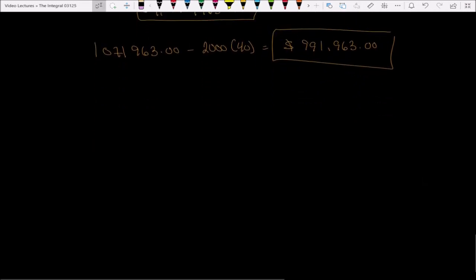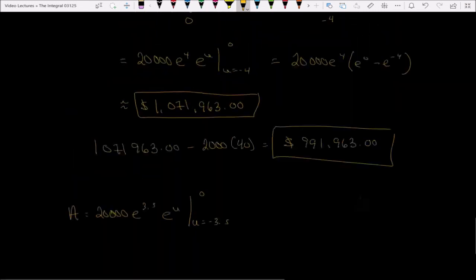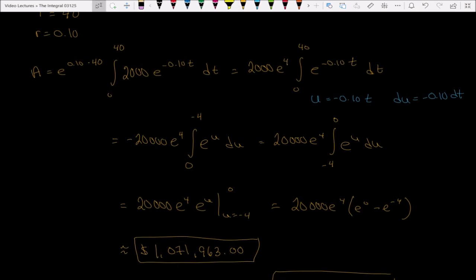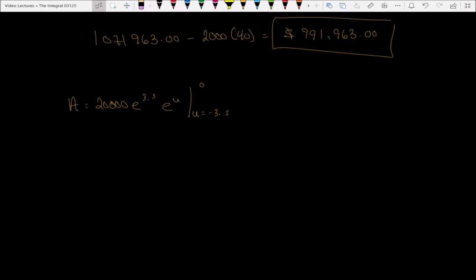If instead we waited 5 years, then we'd only have it for 35 years. So A would be 2,000, would be 20,000 e to the 3.5 times e to the u, evaluated from u equals now negative 3.5 to 0. Right? It's the exact same formula as up here, except we replace 40 with 35. This would be 20,000 e to the 3.5 times e to the 0 minus e to the negative 3.5, and that is approximately